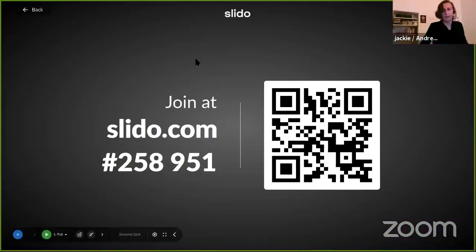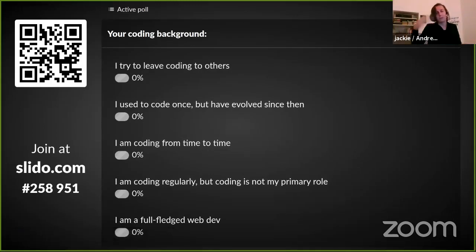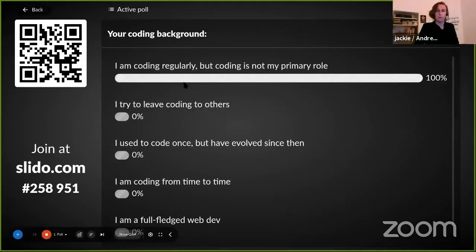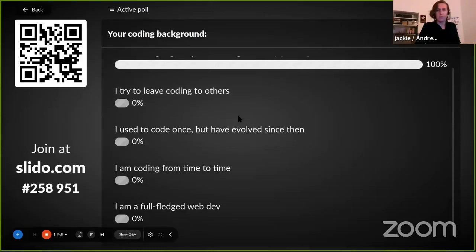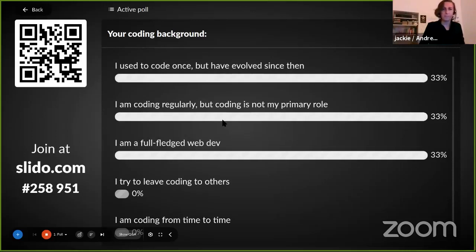Then you will find a presentation or a poll, which I'm starting right now. And the first question would be about your coding background. Basically, sort of how much coding you do or did, or how familiar you are with coding. And I'll give you a few minutes and we'll see how the distribution is.